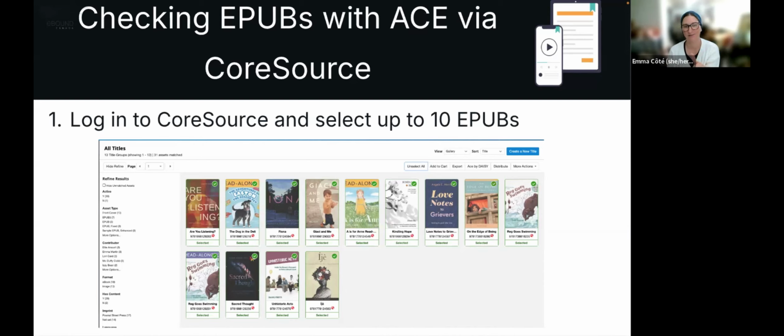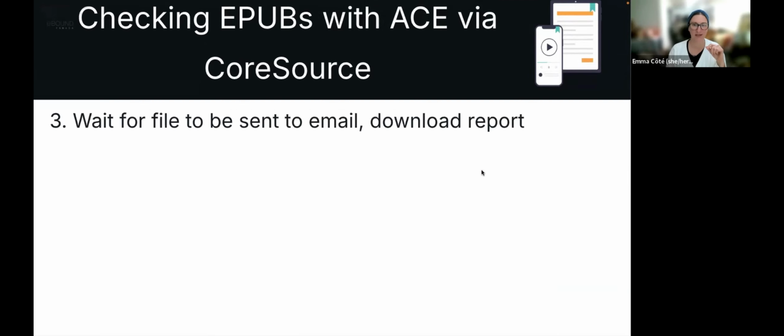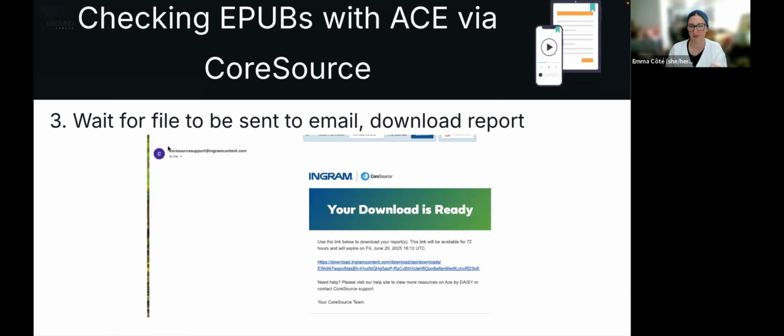So it'll still try and pull info for things like web PDFs and audiobooks, which is not useful. So it might be better to go kind of one at a time if you are avoiding pulling information for formats that Ace by DAISY can't actually process. So that's another piece of feedback that I've let them know. So once you've selected your 10, you can click on the Ace by DAISY button, and then an email will be sent to your email address with a link, and then you can download,